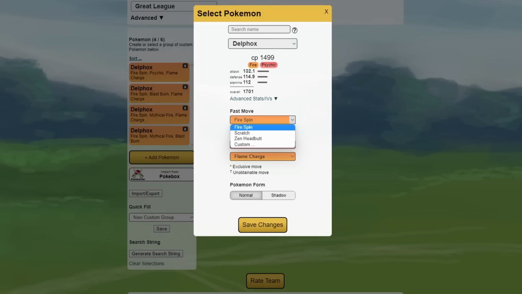The issue with Delphox is, you see the stats already. This is not really ideal. These are not really decent stats. It's very, very squishy. Another issue, of course, is that Fire Spin is just not a good move here anymore. Fire Spin is literally one of the moves that I really hope gets buffed eventually, because it's a